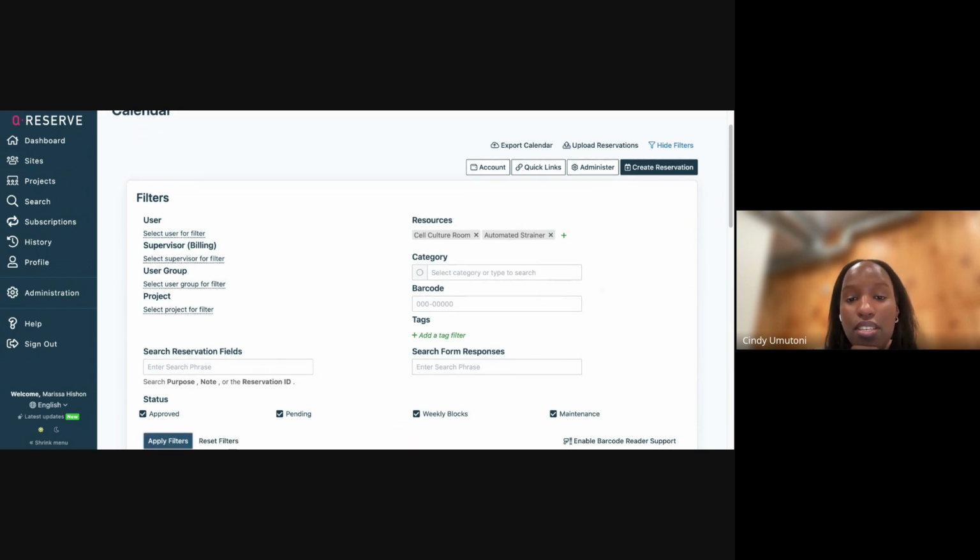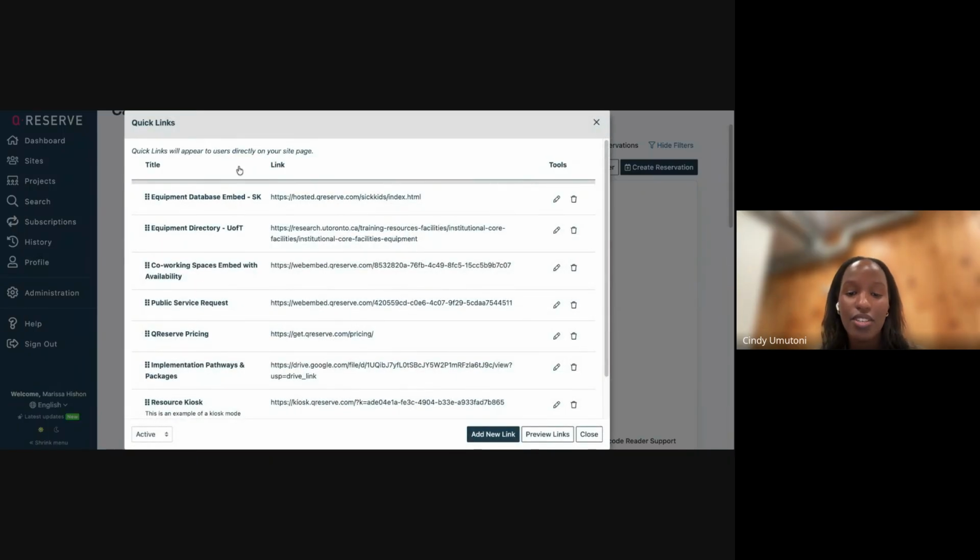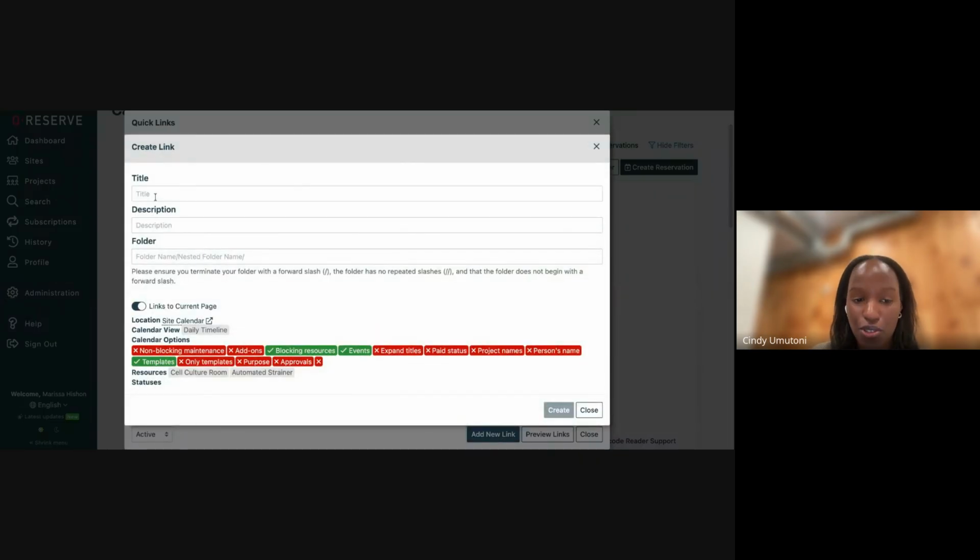There is a button up there right next to account that says quick links. If you click that, you can create a new quick link that will appear on your site page. So if you click on add new link, it will pull in the current filters you have going on. So what resources you have, the statuses and the calendar options. And then if you save that view,